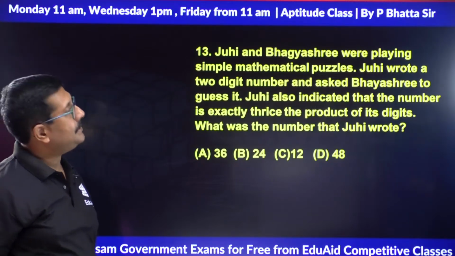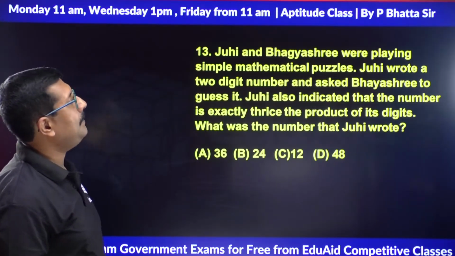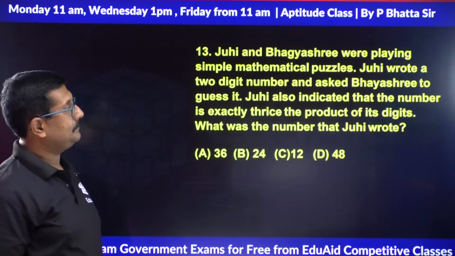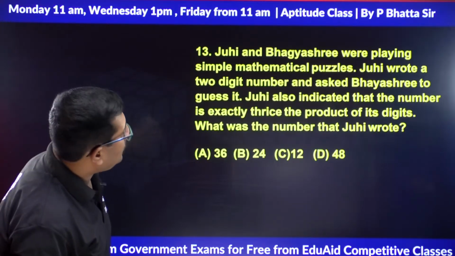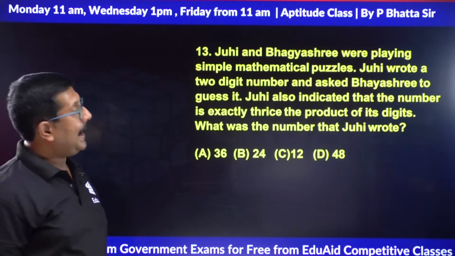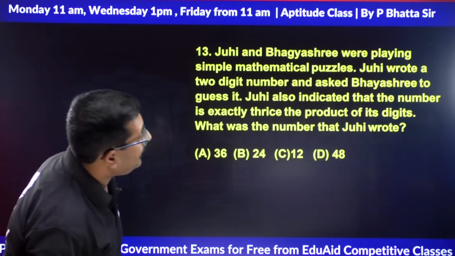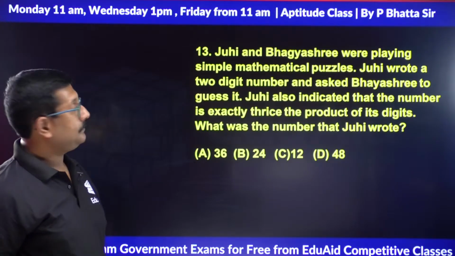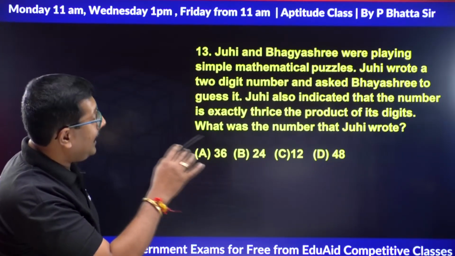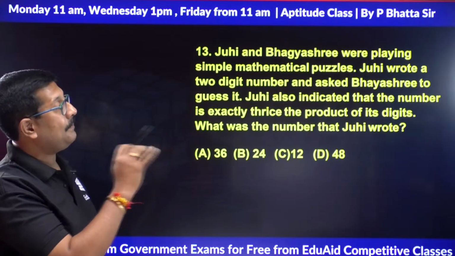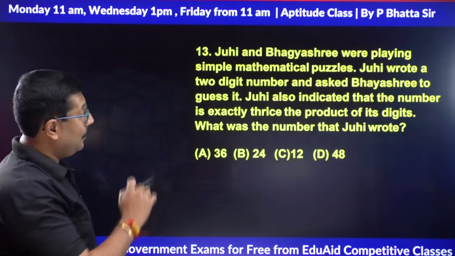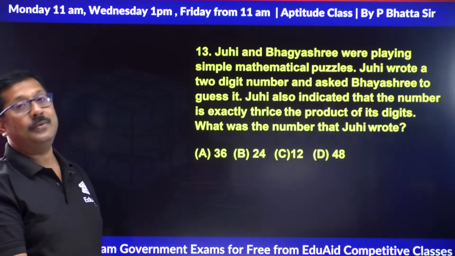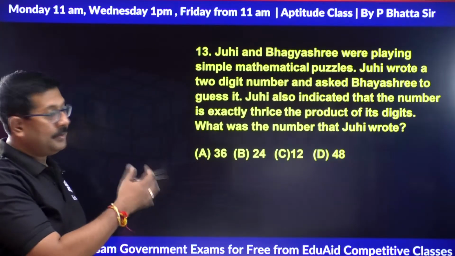Juhi and Bhagyasri were playing simple mathematical puzzles. Juhi wrote a 2-digit number and asked Bhagyasri to guess it. Juhi also indicated that the number is exactly thrice the product of its digits. What was the number that Juhi wrote? Question টো আৰু পৰি বুজি চালে হ'ল।